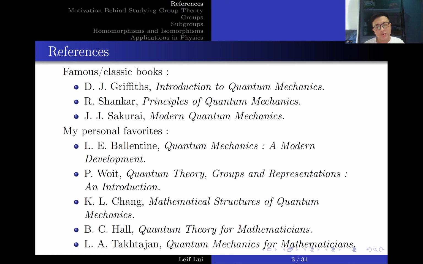And I didn't see Griffiths, Shankar, Sakurai yet. And this book, maybe I'm biased, or maybe it's something that has left a deep impression on me. But I found that the explanation of the mathematical structure quite clear. I understood what vector spaces were. I understood what dual spaces were. It made me understand the correlation between a Cauchy sequence, its convergence, and a Hilbert space, and why we need this in order to do quantum mechanics.